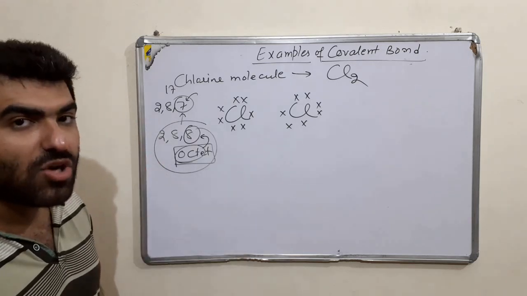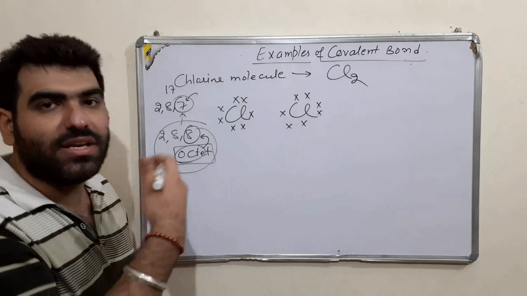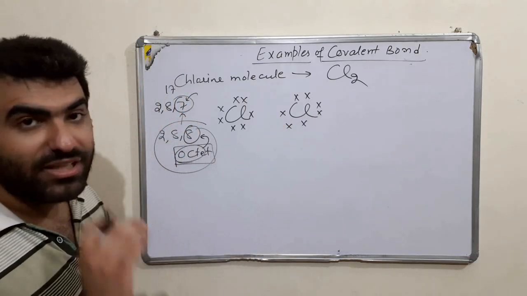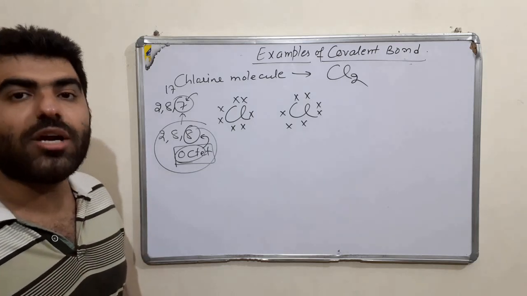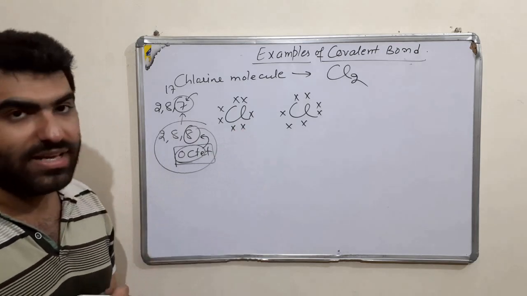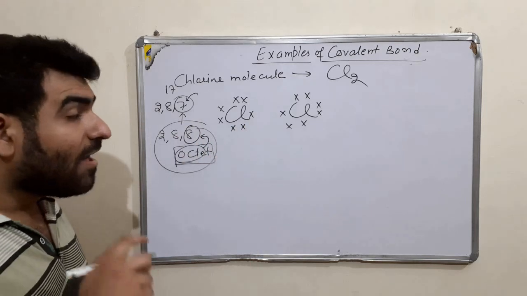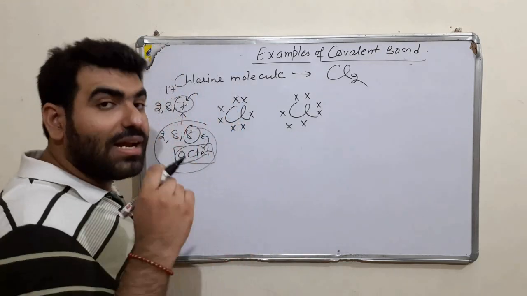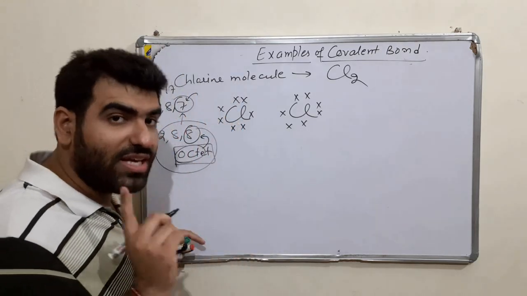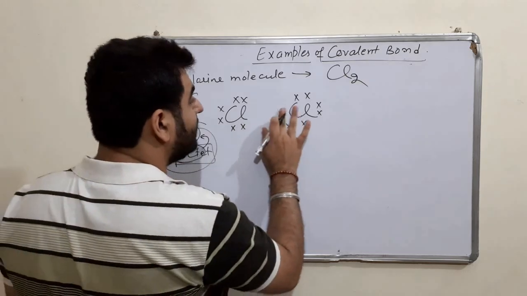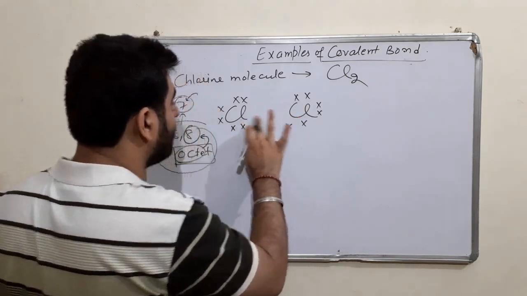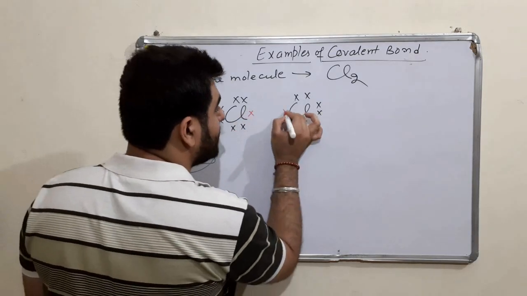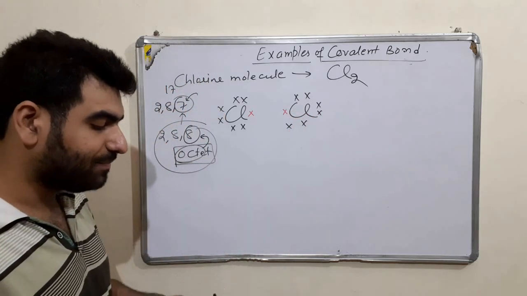This chlorine wants to complete its octet because it will then resemble the nearest noble gas. This also wants to complete the octet. But the process of transfer is not possible. So what they do, they will share the electron, and how will that sharing take place? We have said that each of the elements will share the same number of electrons. Let us start by sharing 1 electron each. So let us say this is the electron which they are going to share. Let me make it with the other color. This is 1 electron, this is the other that they are ready to share.